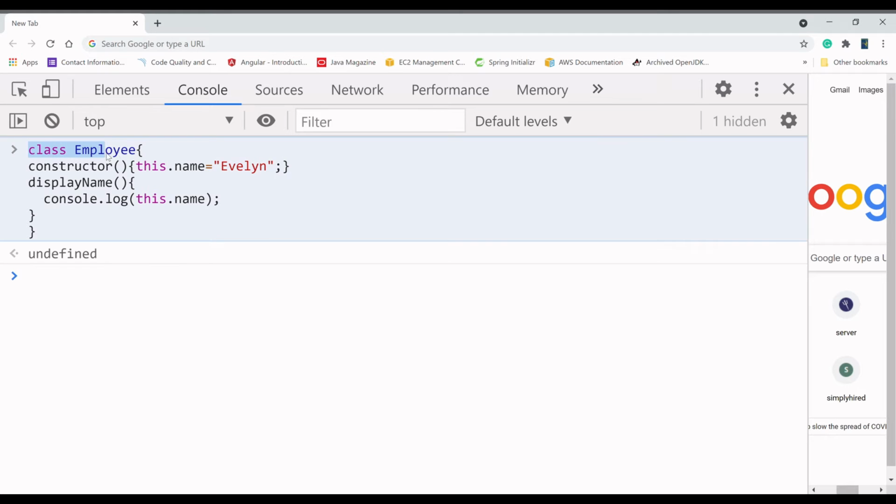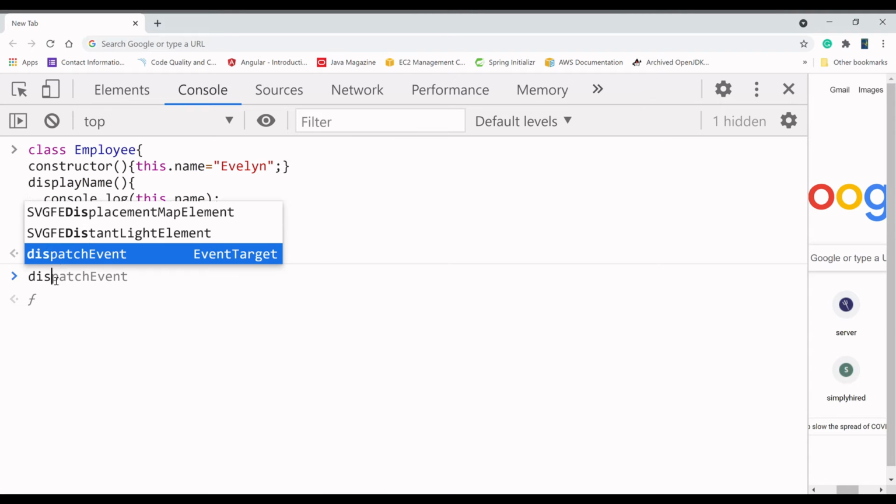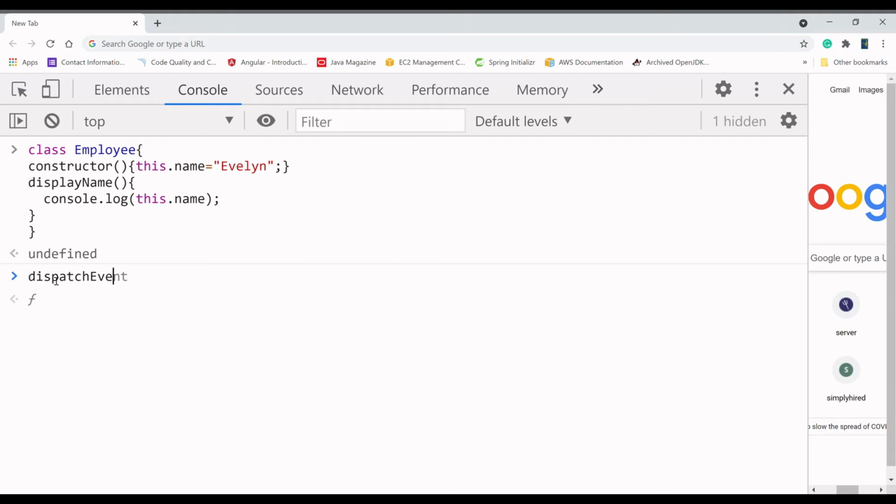So what happened? We have created a class, and in this class we have a constructor, this.name equal to Evelyn, and one method, our displayName, and we have the name. So if we call our display, how do we have to do it?